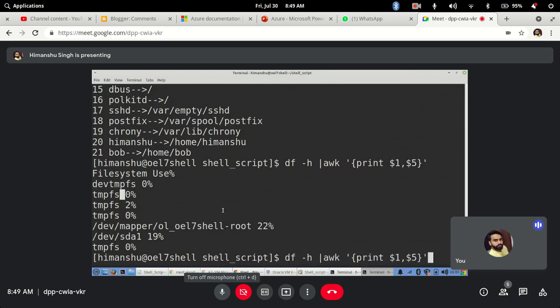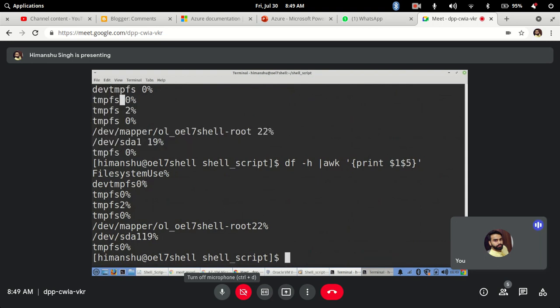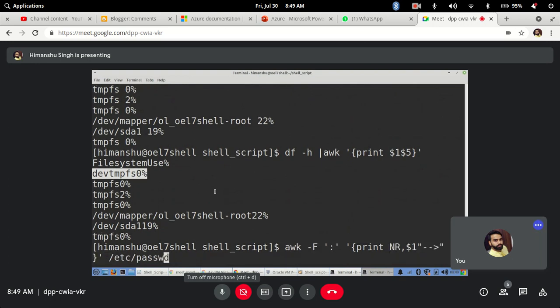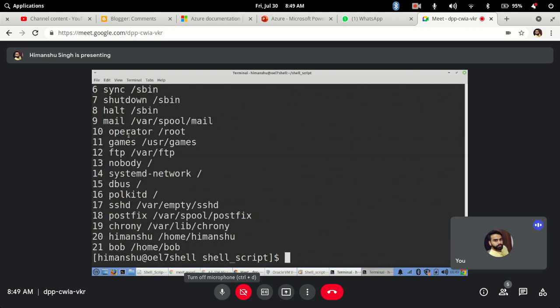Okay, and if you don't give the comma and just do this, see, it will just print directly like this without the comma. So the comma is important if you want to use the default separator. Clear? Same thing in this example: if I just put a comma there for the etc password file, it will show me the output something like this.